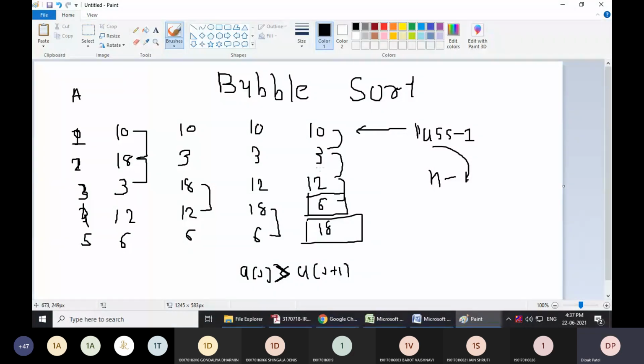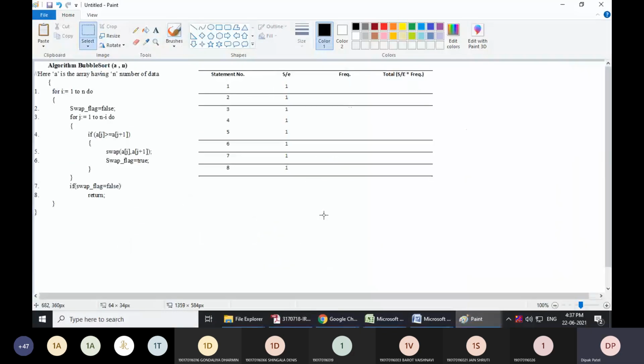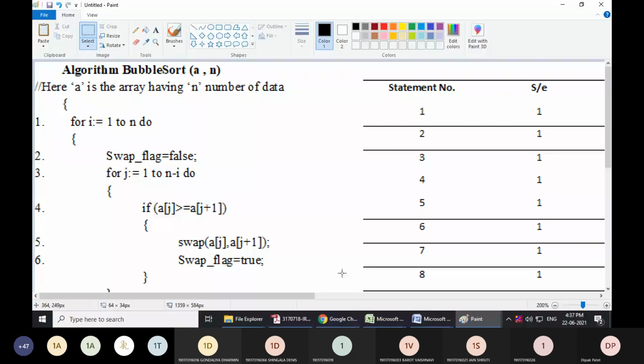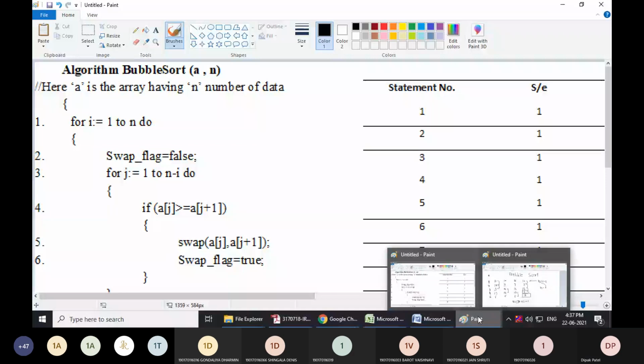Now for this logic, let's have a look at the algorithm of bubble sort. So I have written the bubble sort algorithm. See, these many passes we need to perform. This for loop indicates that I is equal to 1 to n. That many passes we have to perform, the number of elements that we have. Okay.